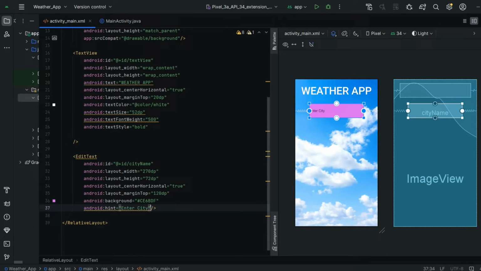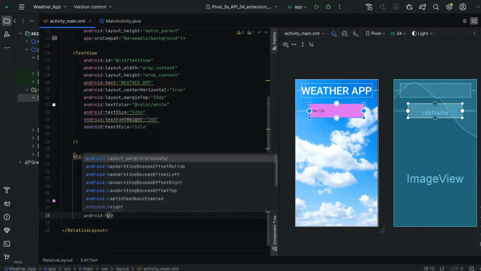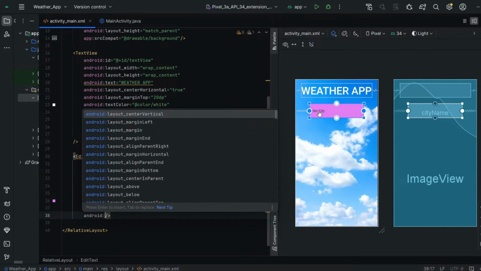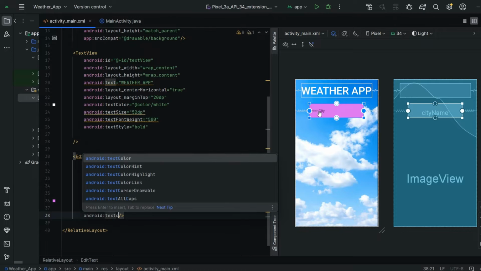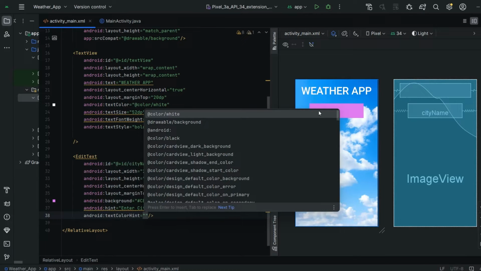Okay, next that was looking a little bit small, guys, so we have to give some color for this hint, and also we have to make it a little bit bigger. So let's do that quickly. android:textColorHint. So I'm going to give it as white.